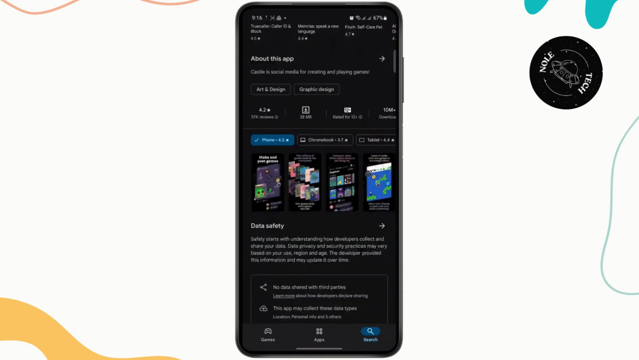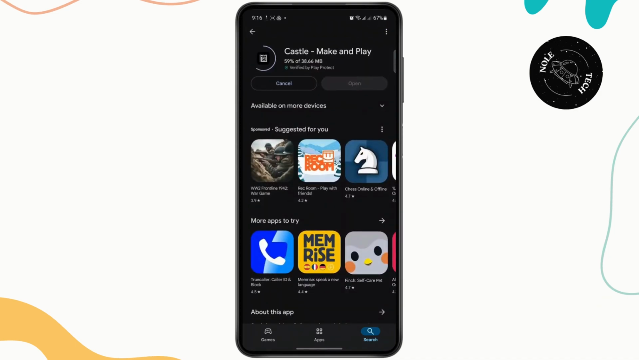Now once the application is fully downloaded, you will be able to start making art pieces, games, and different animations